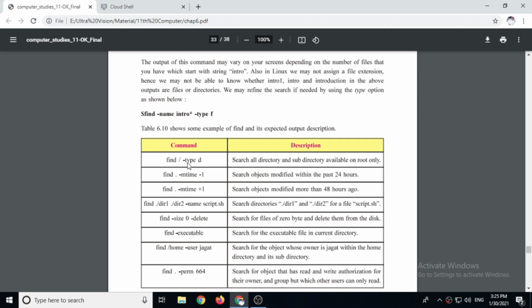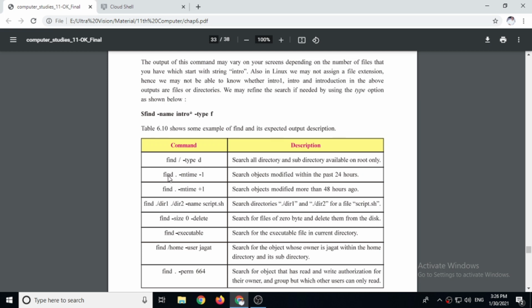Minus type D means it will find directories. Previously we have seen that in the output of ls minus l, D shows directory and minus shows file names. So if you want to find directories, then you have to give minus type D.